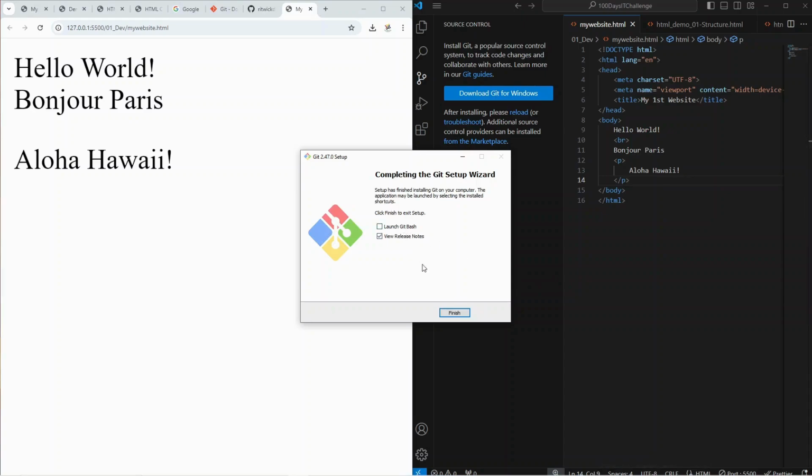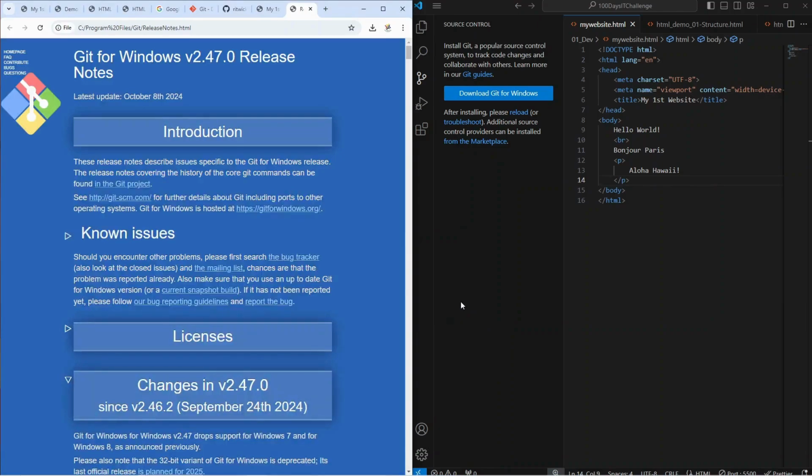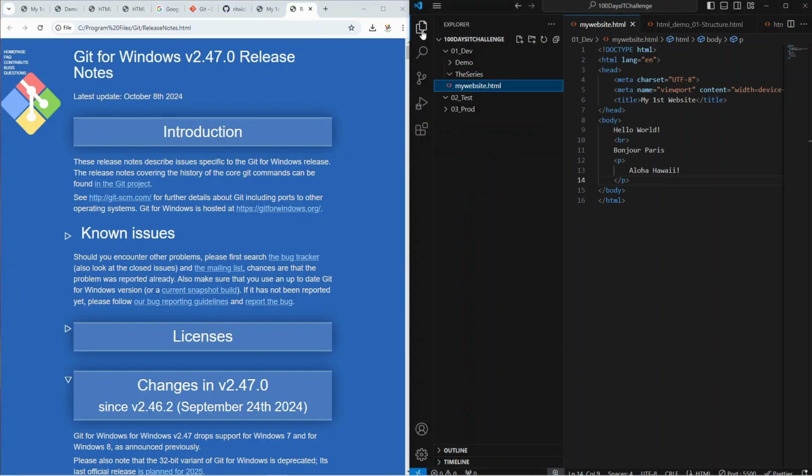We don't need to launch it. Everything should be good to go. Once it's finished, we will need to restart this. Once we restart Visual Studio Code and we come back now to source control, you should be able to see an option that asks you to initialize your folder. The folders that we've been using, we can now go ahead and initialize this folder and say, hey, I want you to